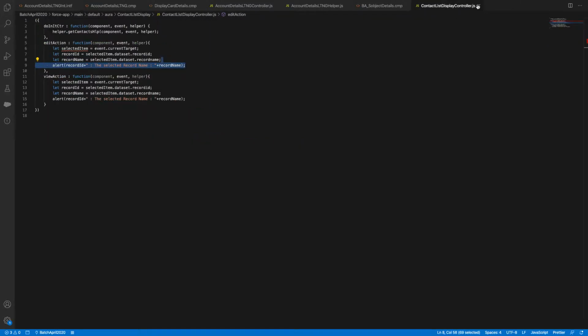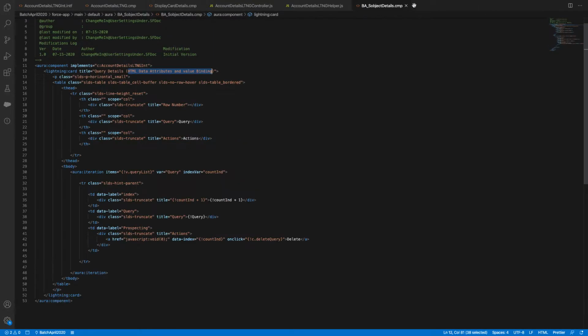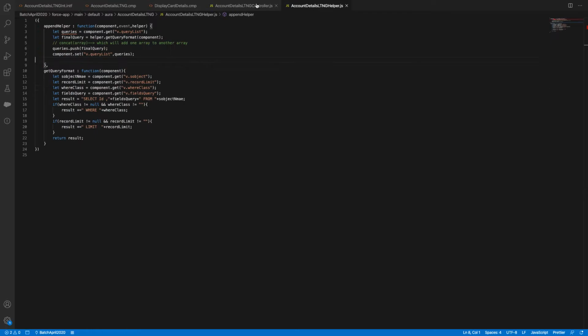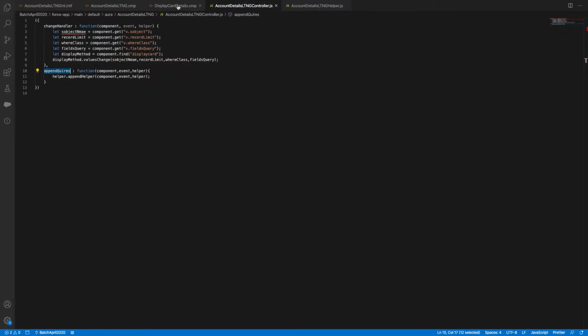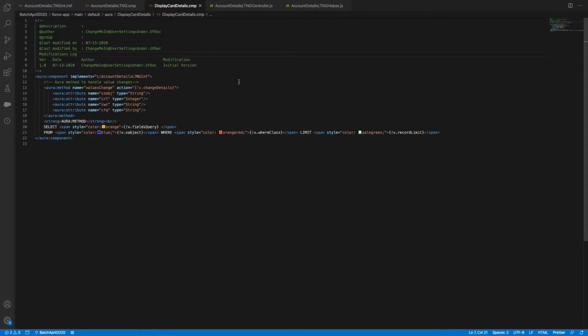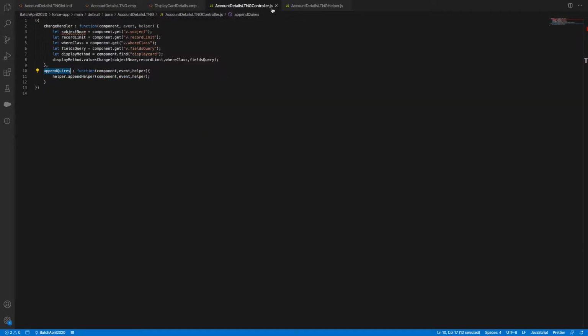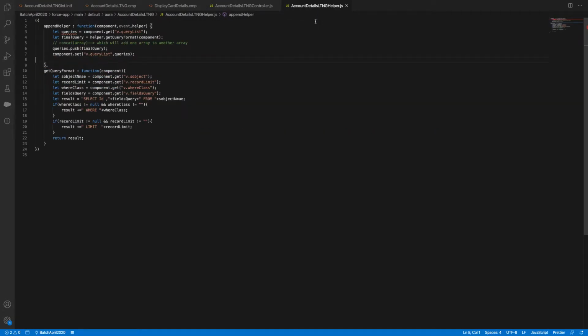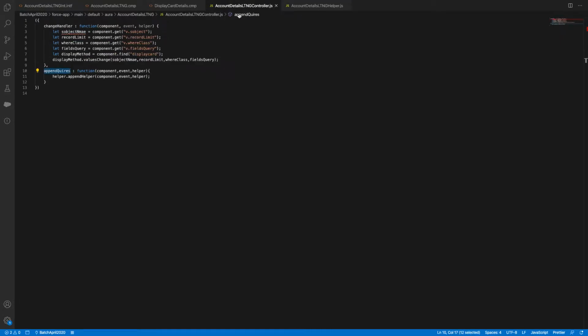Contact list display, contact list control. This is card and account details, account details lightning controller.